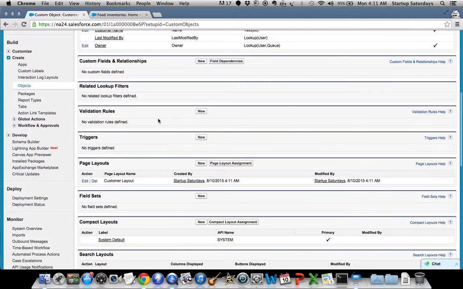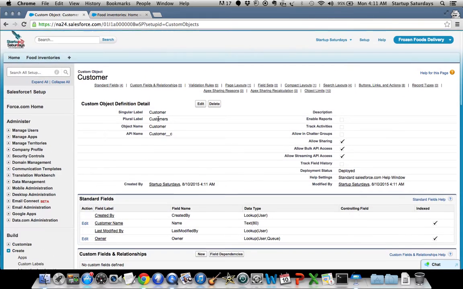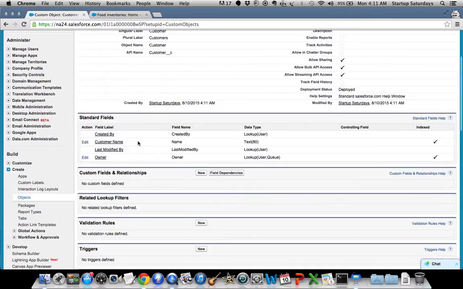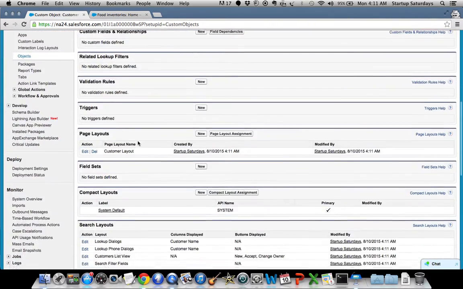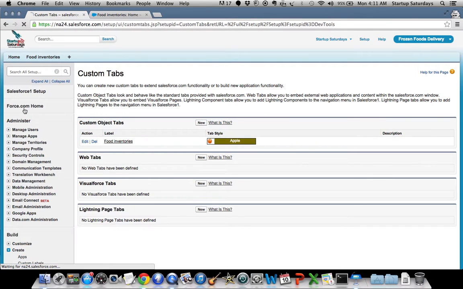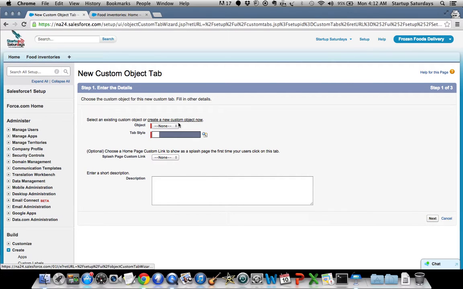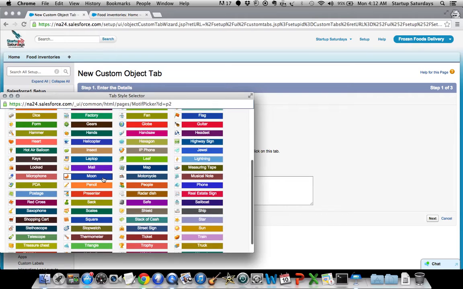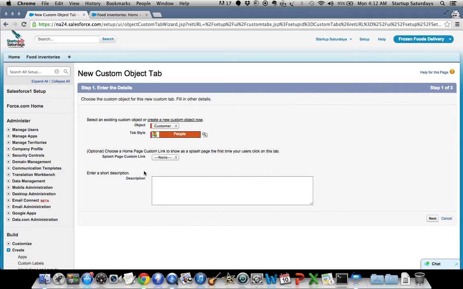What we want to do now is create a tab for this object. So here's the food inventories tab. We want to create a new tab for this object. So while within the setup menu, we scroll down on the left hand side underneath create, it says tabs. We click on tabs, and we want to create a new tab, and this tab is going to be for our customer object, and we will find an image to go with this. And so we will just pick this image right here, and we will click next,